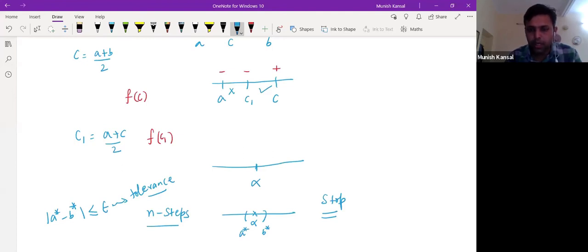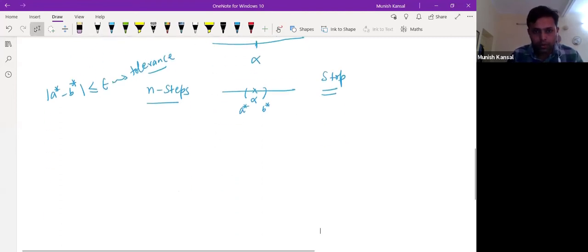So first, this is based on IVT, applicable for continuous functions, and step by step we go on bisecting the interval into two halves. Then you just apply IVT. After some stages, either you will get the root or you will attain an interval which contains the root. That depends upon the error tolerance, that is, after how many steps you have to stop.